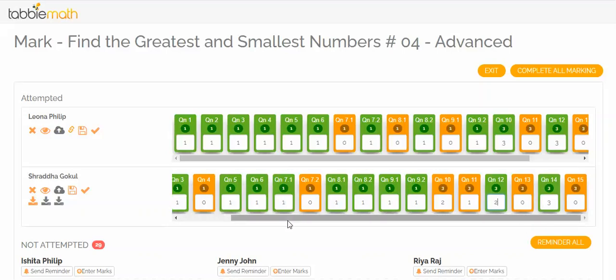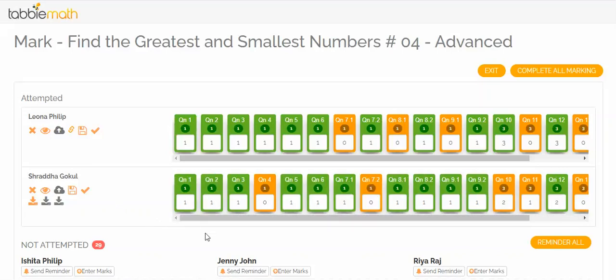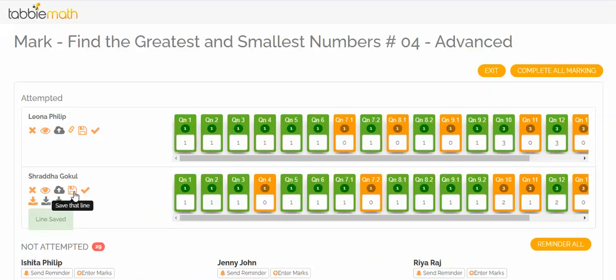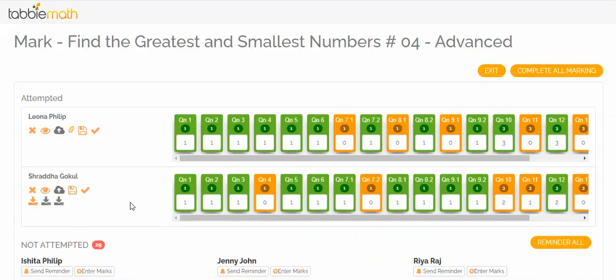So just to recap, TABI does one level of correction based on the final answer selected by the system. However, teachers can choose to give additional marks or take away marks by viewing the workings that are uploaded by the students by just editing the marks in the marking page. If you have finished marking a student, you may just click on Save, which means that line is saved. However, at this point, neither the marks nor the comments will be released to students.